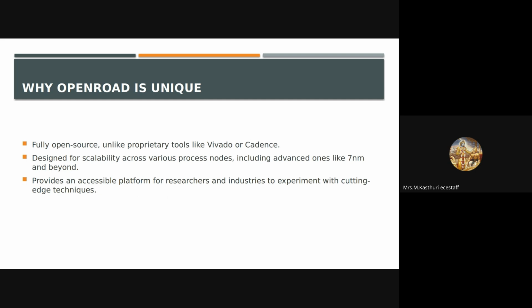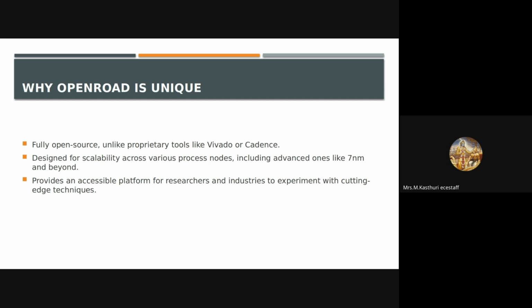Why OpenROAD is unique: fully open source. Unlike tools such as Vivado or Cadence, OpenROAD is entirely open source. This makes it a cost-effective and accessible option for researchers and anyone looking to contribute concepts. OpenROAD gives access to a powerful EDA tool, allowing a wider range of people to participate in VLSI design without the barrier associated with